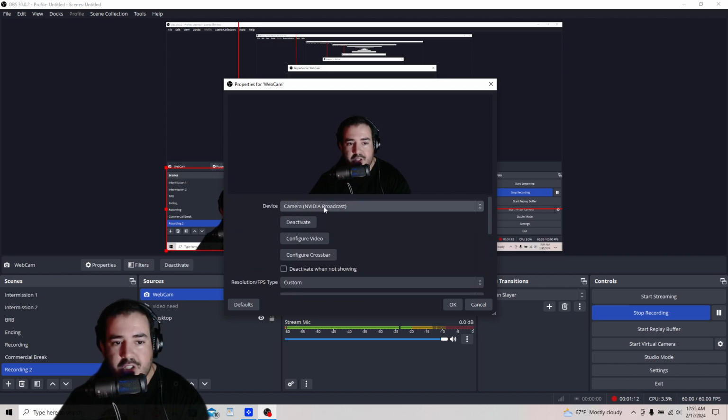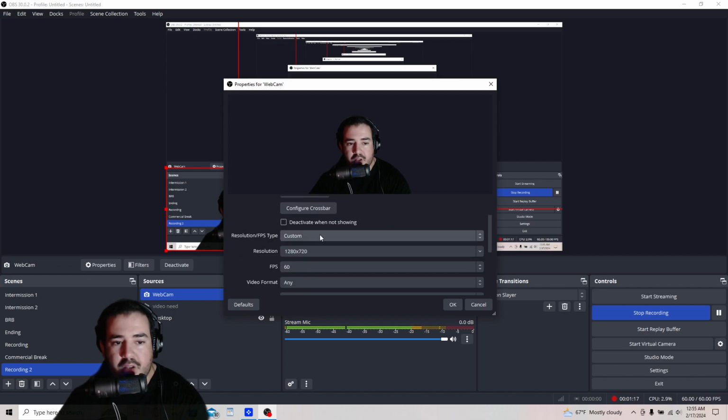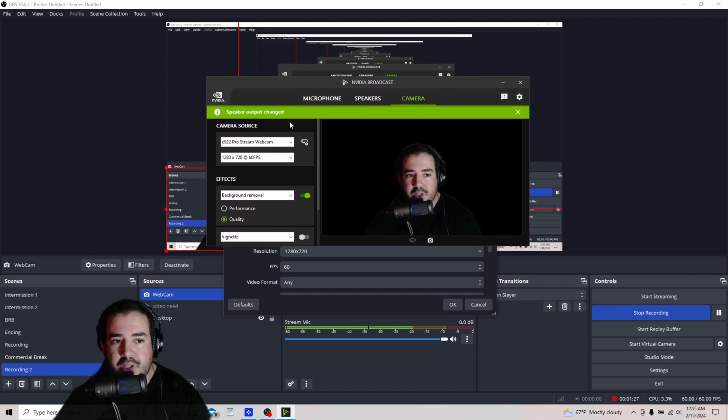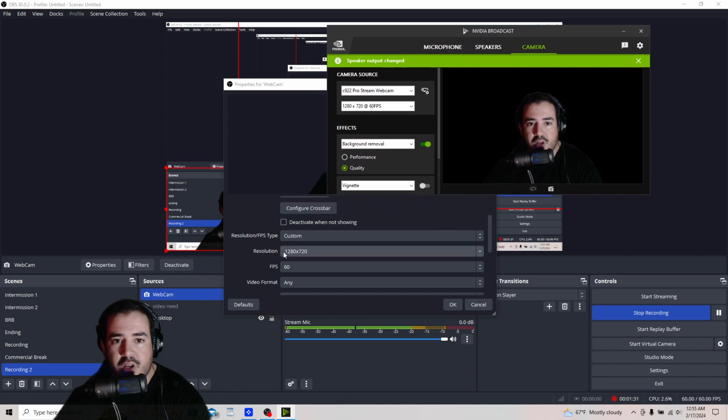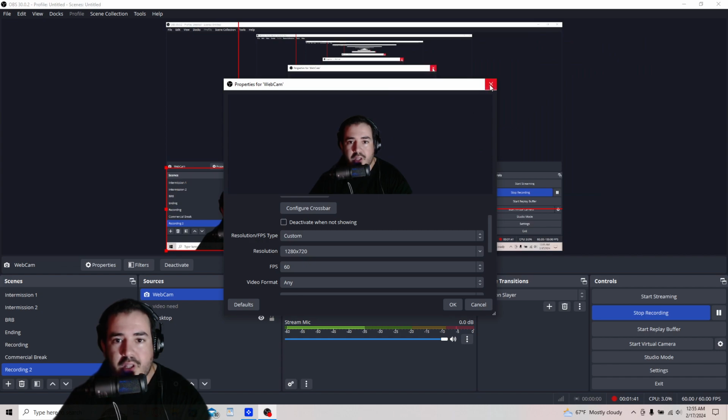The only thing you mainly have to change is the device, which again, NVIDIA Broadcast. And then select either default or custom. Again, I went with custom. And then set it up how you have set up with your NVIDIA Broadcast. So we're going to put this back into the picture. And then basically you want to match this with your settings down here: 1280 by 720, 60 FPS. Use whatever one that you want to use. I prefer anything with a 60 FPS. So that's basically how you can set it up, and I hope this makes things easier for you.